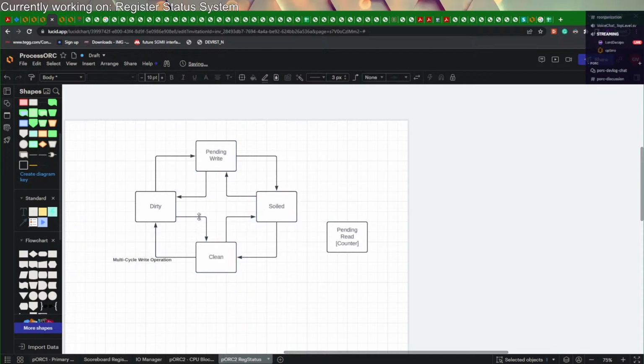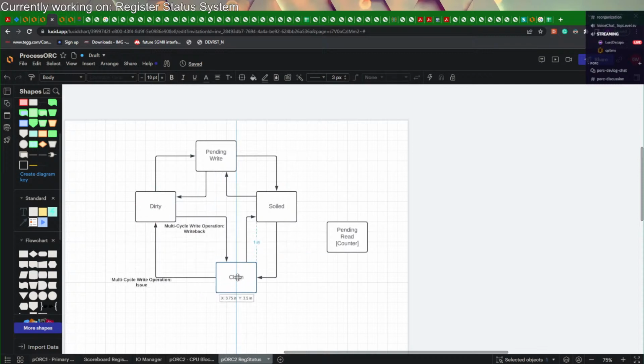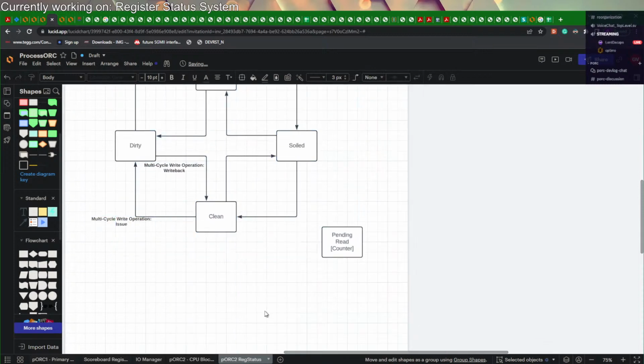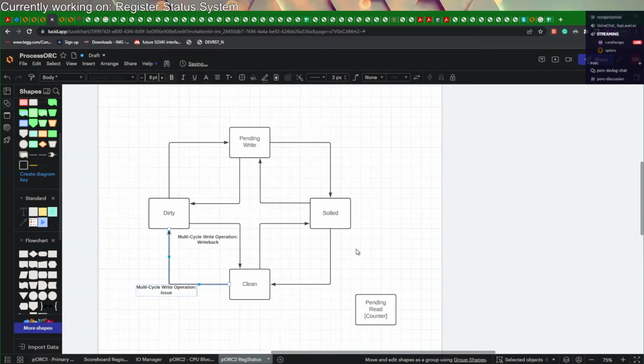Okay, right cycle. Yeah, I need more. This needs to be more space. Okay. And then